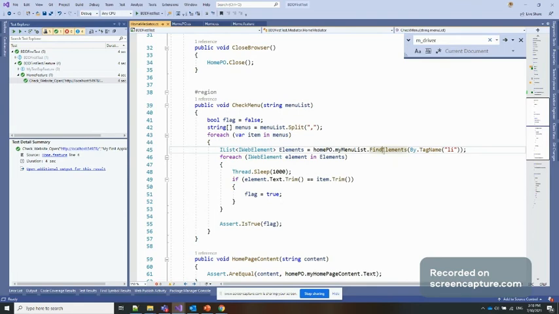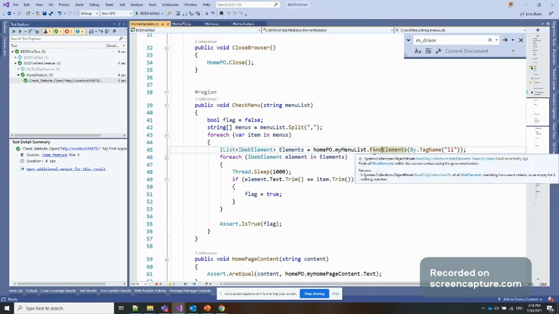You can write this find element in your mediator, because the mediator will always take your complex things. I could do these things at the PO class level also, but sometimes we have a requirement where we need to write some complex logic, so that responsibility we can give to the mediator.